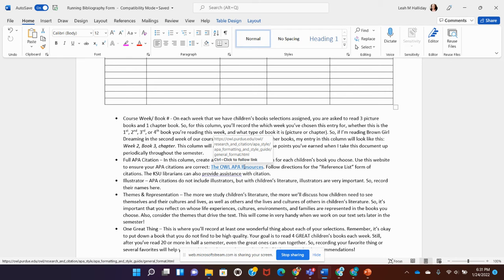I don't know anyone who hasn't memorized it, and I don't know why anyone would memorize it. So use this link here. It'll take you to my favorite website. It's the OWL at Purdue. They put out a great website on all sorts of different citation styles, and this one will take you directly